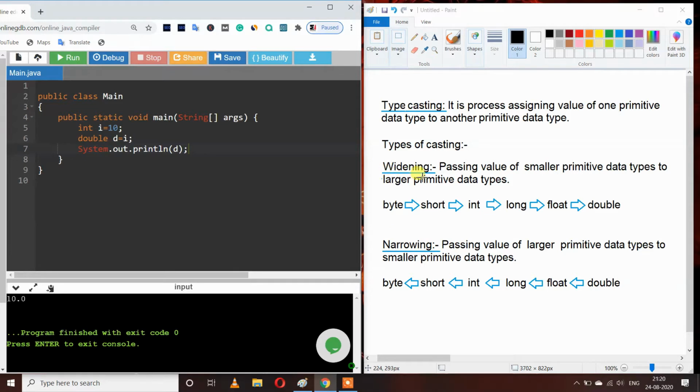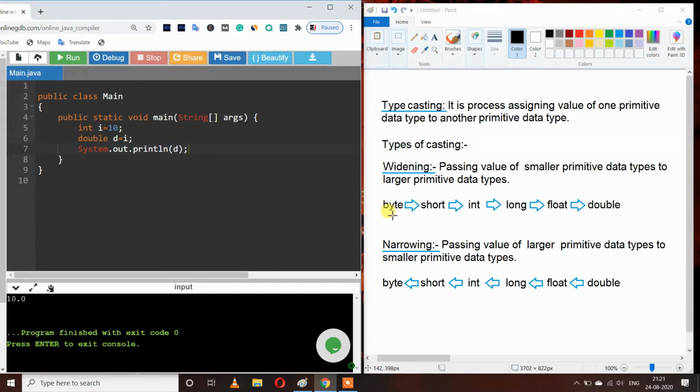Let's see what widening is. In widening, we pass values from smaller primitive data types to larger primitive data types. We know that we have many data types like byte, short, int, long, float, and double, and all these data type sizes are increasing.